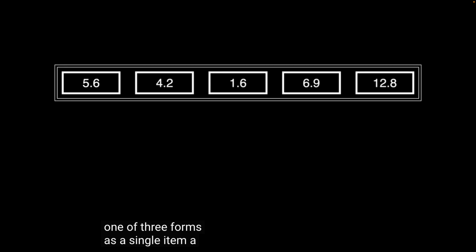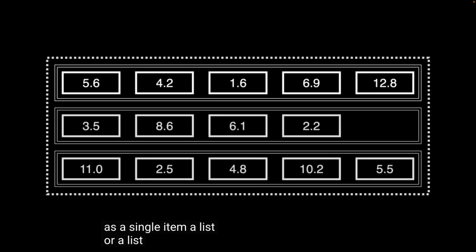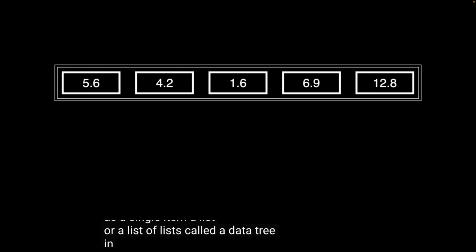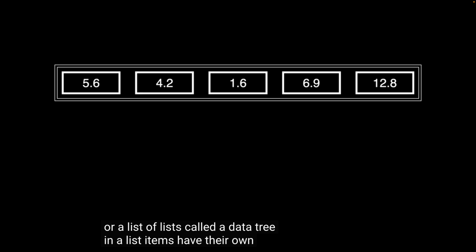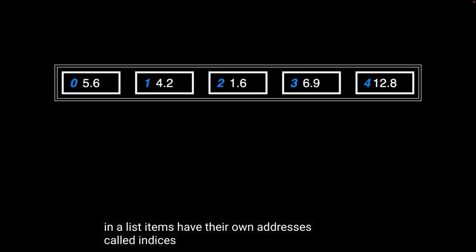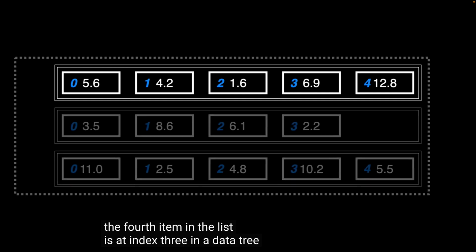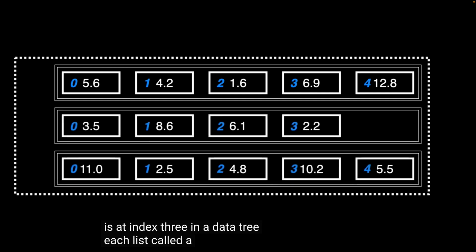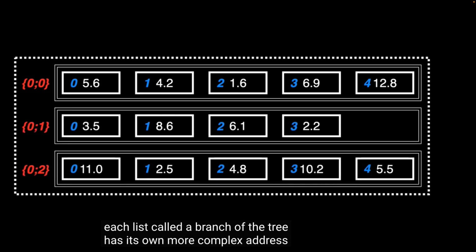So in Grasshopper, data can be passed around from component to component in one of three forms: as a single item, a list, or a list of lists called the data tree. In a list, items have their own addresses called indices, which count from 0. So the fourth item in the list is at index 3. In a data tree, each list, called a branch of the tree, has its own more complex address called a